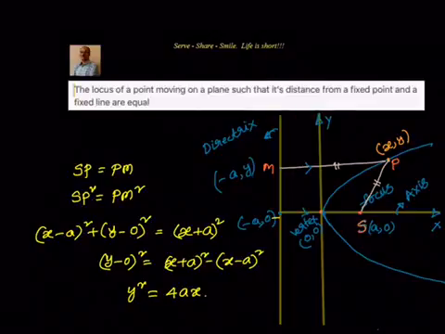What is the equation of the directrix? We know that minus a is constant. It's a vertical line. So it will be x equal to k, but that value is minus a. So it will be x plus a equal to 0. The directrix is given by x plus a equal to 0, and the vertex is 0 comma 0, the origin, and the focus is at a comma 0. Then the equation is y square equal to 4ax.